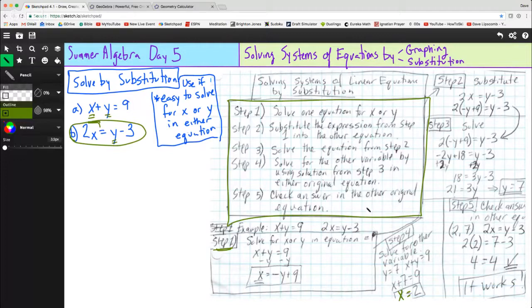So we know that we have this idea that x is 2 and y is 7, so we think our answer is 2 comma 7. So let's plug those values into our other equation, 2x equals y minus 3, and just solve down and find out that it indeed does work. So we have found our answer, 2 comma 7. So let's now do this 2 more times,